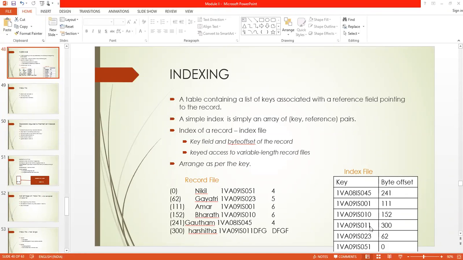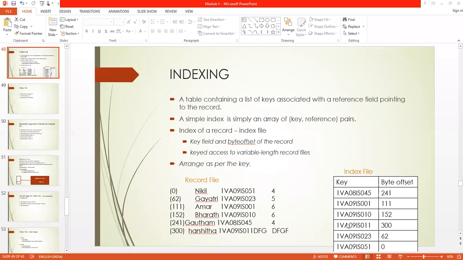I'll search the index file. Because it is a sorted file, searching is easier, as I can do a binary search. Find the mid record and check whether the key is greater than the mid record. If it is greater, then move to the higher part of the file, and find the record.